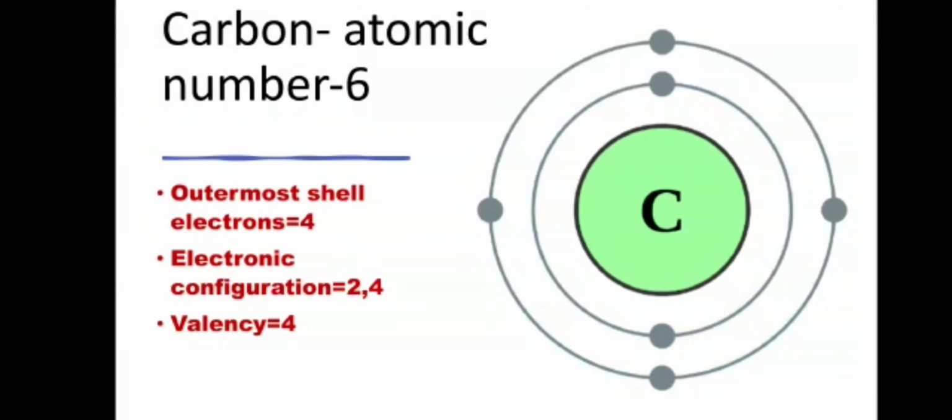Okay, next we'll go to carbon, that is atomic number 6. So here you can see K shell can accommodate 2 electrons, that is over. Then how many electrons are there? Yes, 4 more electrons are there to make it 6, right? So 2 in the first shell, 4 in the next shell. That means 2 and 4 are there in the K and L shell. L shell can accommodate 8 electrons, but only 4 are there. So what is the valency? I told you if it is 4 or less than 4, the valency is equal to the outermost shell electrons. So here it is equal to 4.